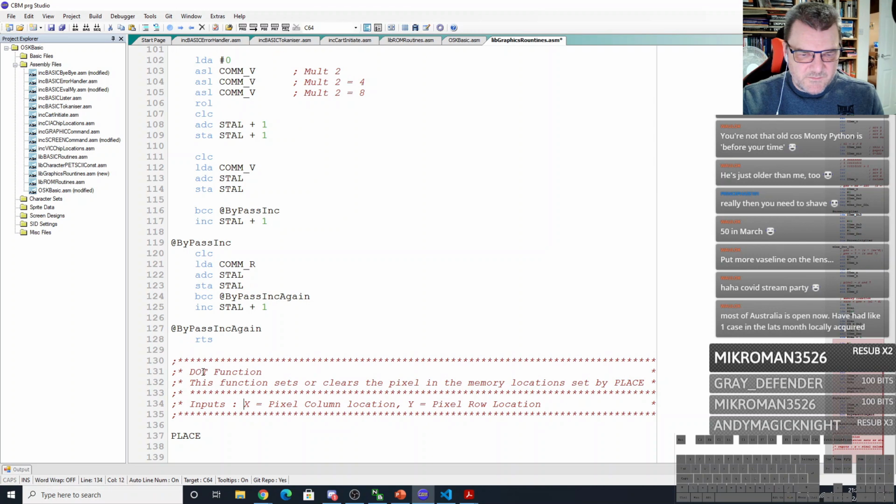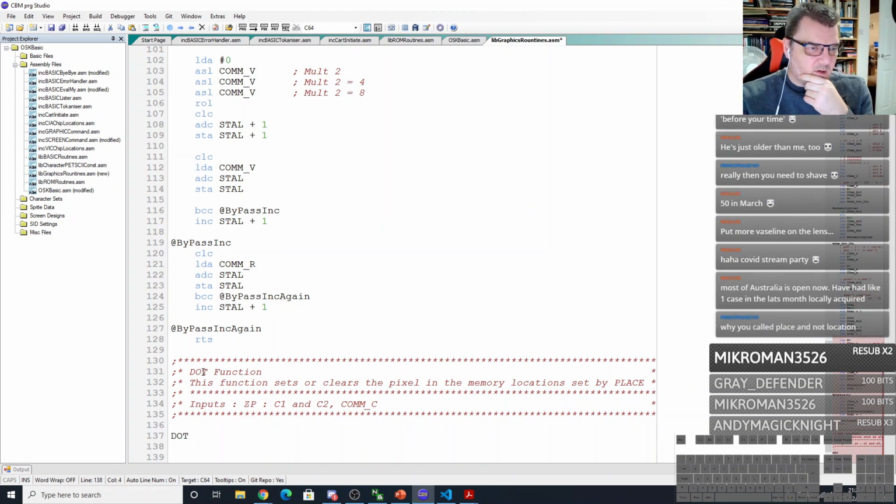Alright, so the inputs for this are zero page C1 and C2 and com C. Right, so dot. So this is the function now where we are going to